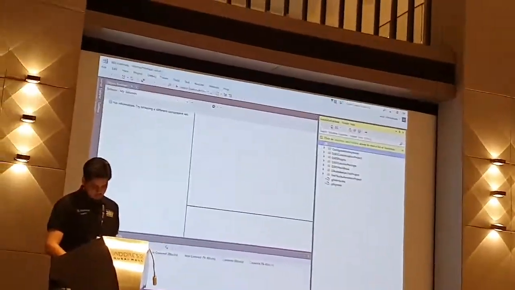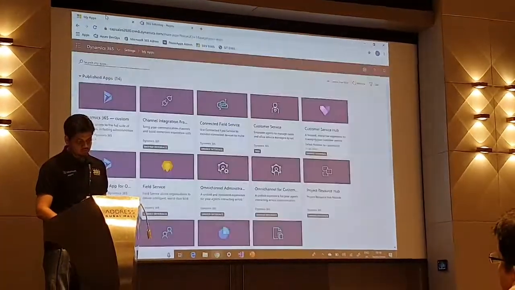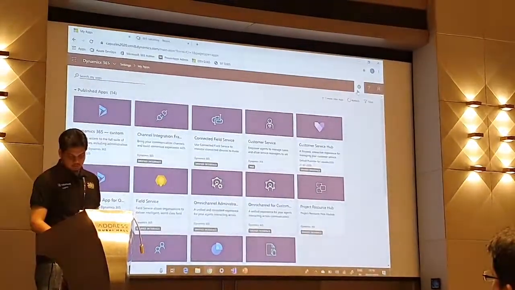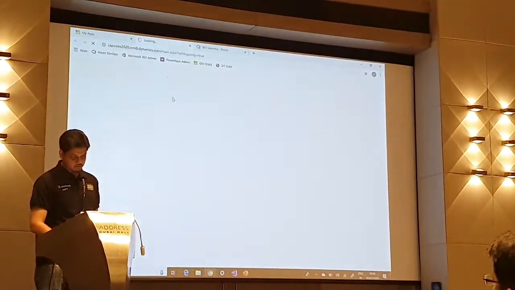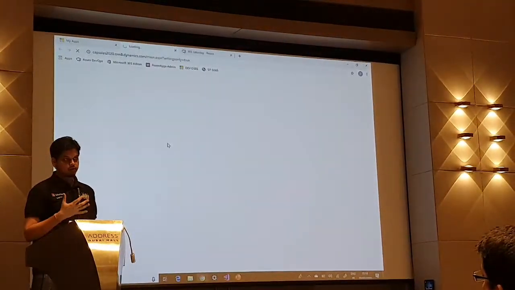Now in my Dynamics source instance, so this is my Dynamics source instance, it's a development instance, and in the development instance, I already have one solution where all the components the developer